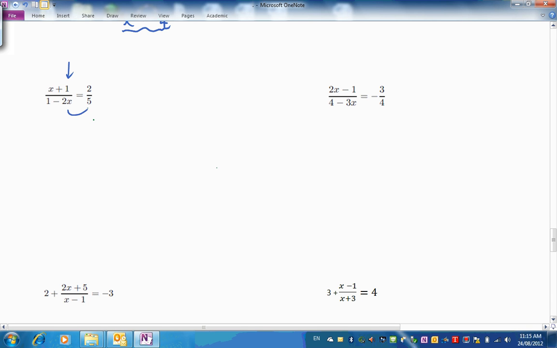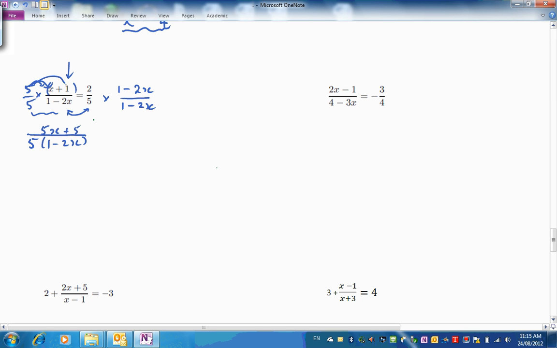We have 2 denominators here, common denominator, multiplying the 2 together. So we want to make a denominator of 5 times 1 take 2x. So over here we'll multiply top and bottom by 5. And over here multiplying top and bottom by the other denominator. Remember, 1 take 2x is just a number. Okay, so in our denominator here we're going to have 5 times 1 take 2x, and that's going to be over here, and 5 lots of x plus 1, so it's 5x plus 5, multiplying in there and in there by the 5,